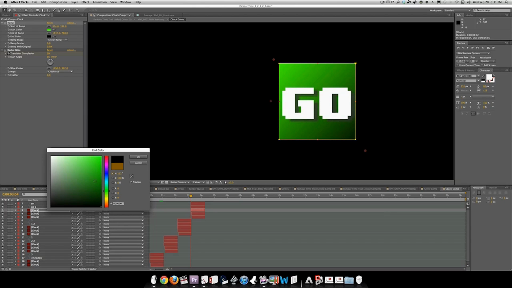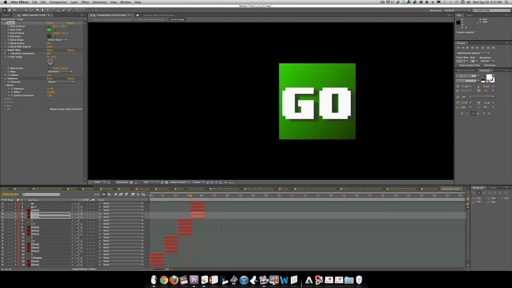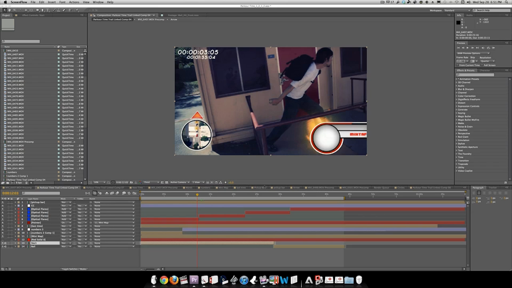Seems good. Let's just maybe drag this closer. Okay. And then take this ramp, copy, paste to those two, and you're good to go. Alrighty. So, once we have all that done, we're pretty much just color correcting and adding the HUD for this